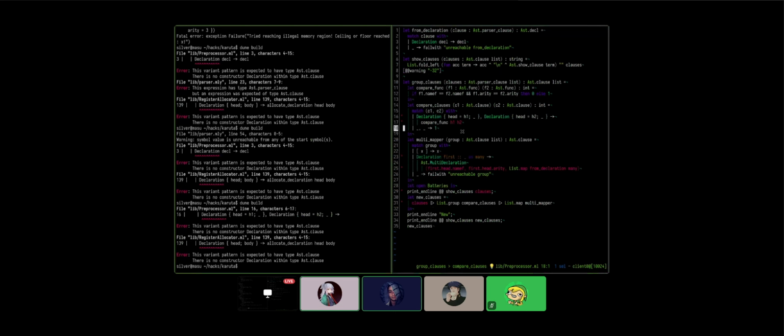Okay, so this variant pattern is expected to have type AST clause. There is no constructed declaration with that. Oh, of course, line 14. Oh, that's the register allocator actually. We still need to fix some stuff in the preprocessor though. Wait, no, I am reading the preprocessor, but I was reading a different error. So line 14, change that to parser clause.